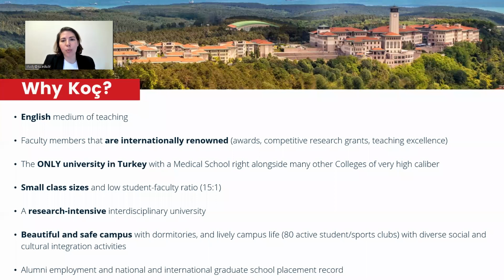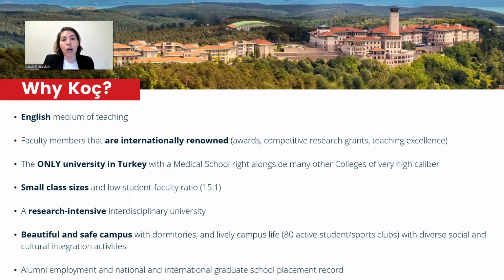However, what we see is that the top reason people want to come to us is the quality of education that we offer, and very specifically the quality of our faculty members, our professors. Across all of our 7 colleges, these are internationally renowned professors, and that is measured in different ways, but typically you would see that they're top. The university is the top recipient of awards and competitive research grants within Turkey and within the European Union and in other areas. They always get different awards for teaching excellence. And of course, because of the doors that they can open later on when you're thinking 5 years down the line